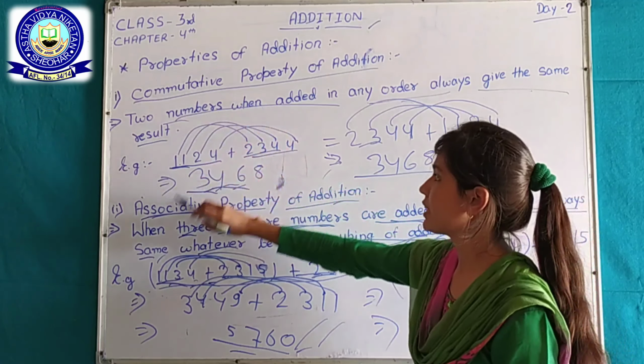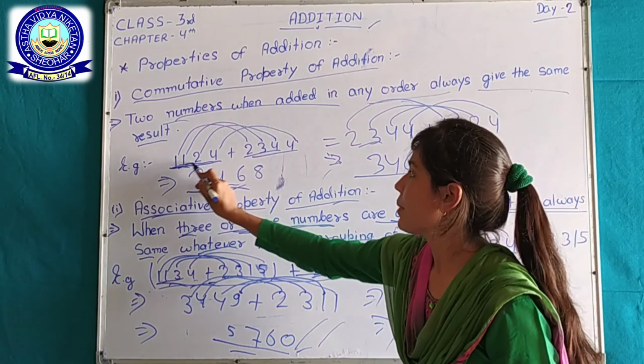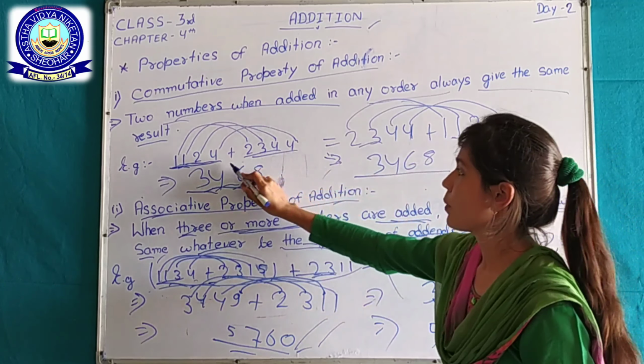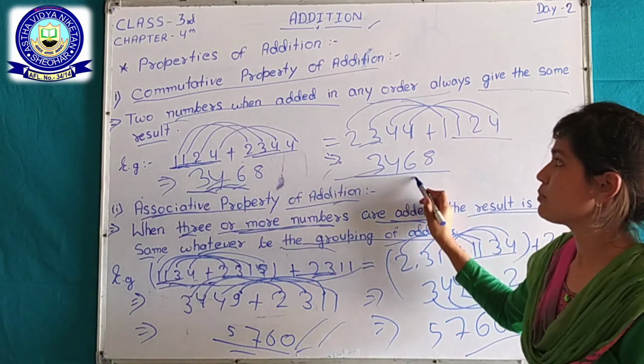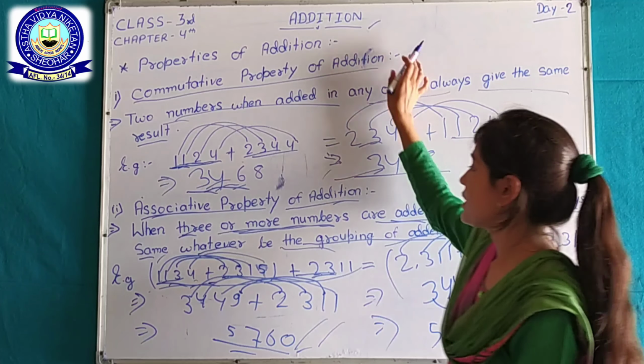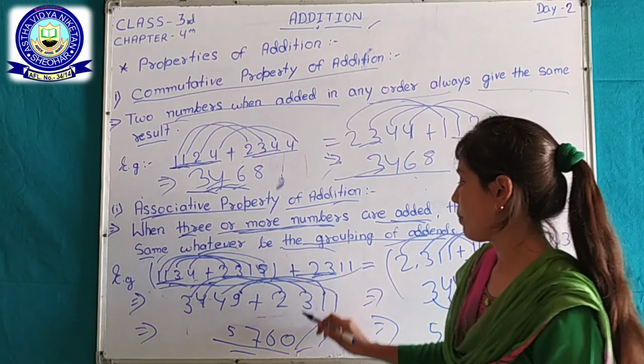इन कम्यूटेटिव प्रॉपर्टी ये नंबर यहाँ हो या फिर ये नंबर यहाँ हो, कोई फर्क नहीं पड़ता, रिजल्ट हमेशा क्या होता है, सेम होता है. इन कम्यूटेटिव प्रॉपर्टी ऑफ एडिशन एंड इन एसोसिएटिव प्रॉपर्टी ऑफ एडिशन.